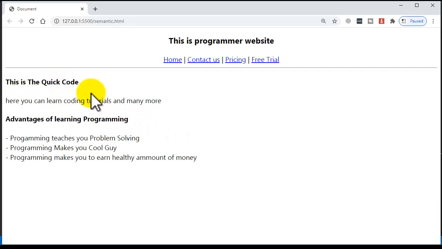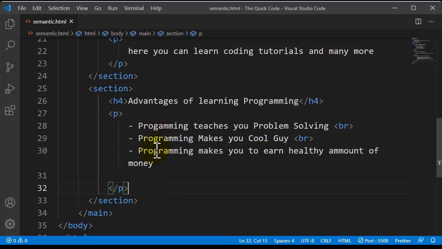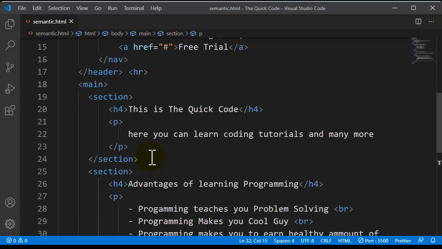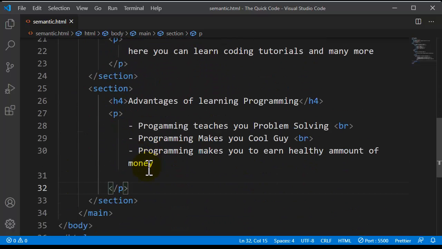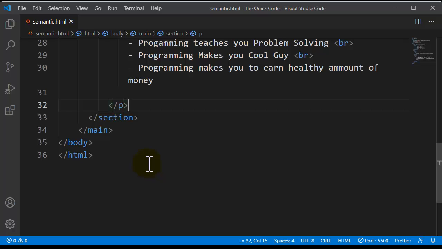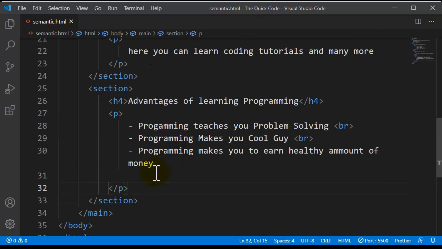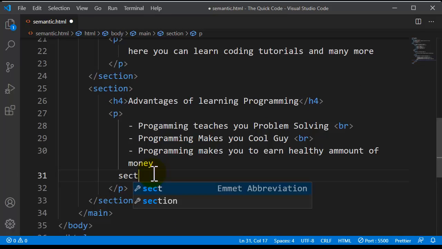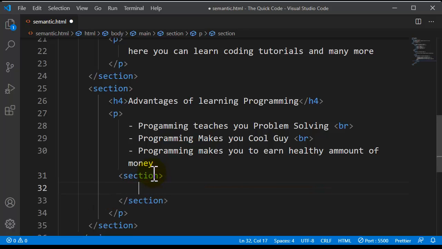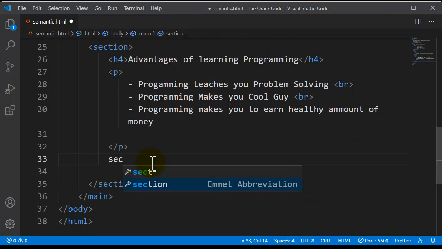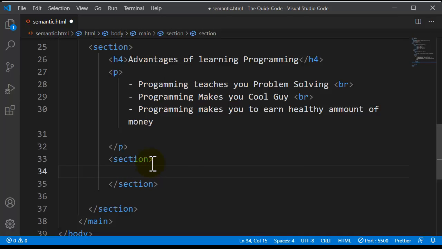So there are two sections: the first section has the heading and the paragraph, and the second section has the heading and the paragraph. Both sections are different. This is the way you can make your web pages. Another thing I want to tell you is that you can nest sections inside sections, like I can use another section tag inside the section tag. Sorry, not inside the paragraph tag, it's my bad. Inside the section tag we can again give headings